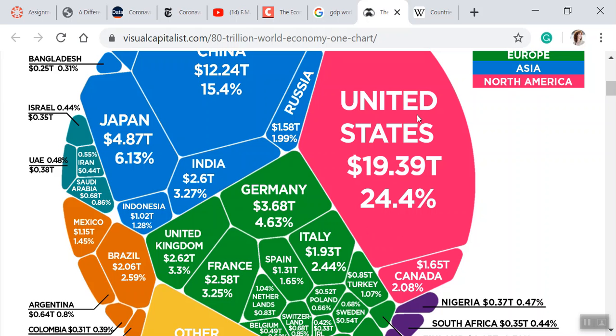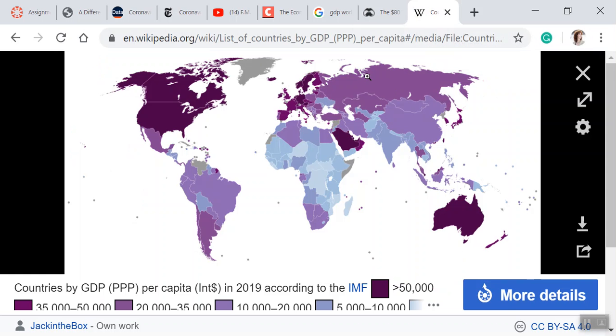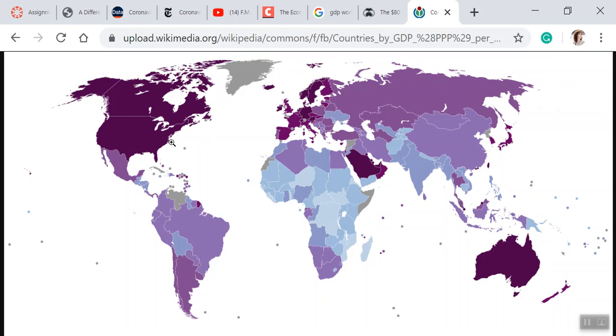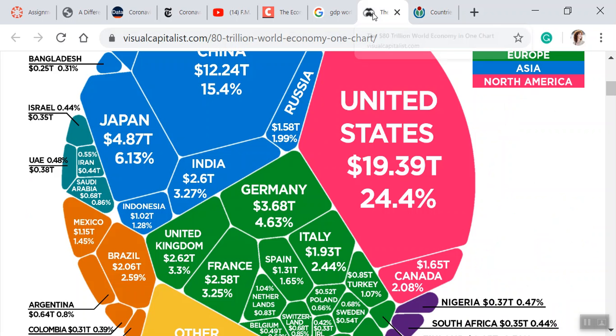If we were to look at GDP per capita, okay, over here, suddenly we see countries that have a per capita income of more than $50,000 apiece. Here we have the United States, and here we have Italy. Okay, so they're both dark purple, they're equal. So our GDP per capita is equal in the United States and Italy, more or less, okay? But our GDP as a country is much, much greater than the GDP of Italy.